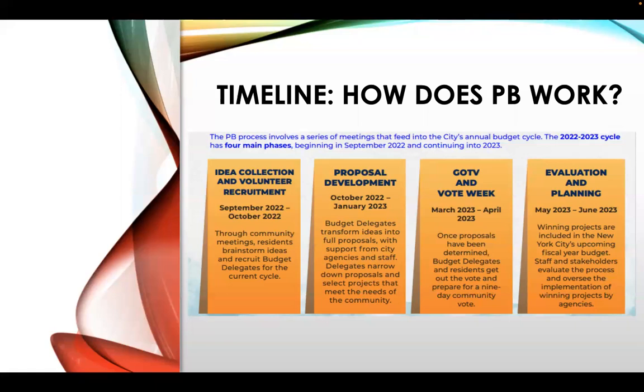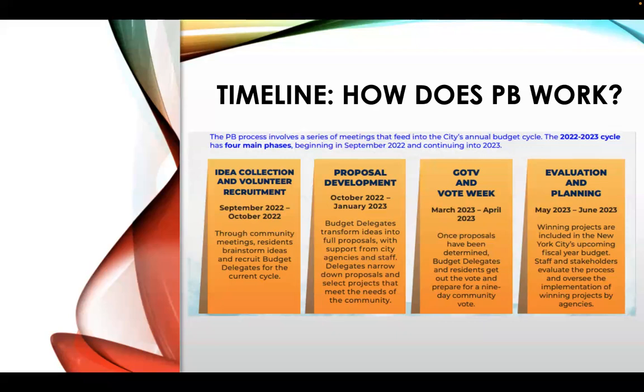The same goes for who can vote in this process. Anyone who's 11 years or older with a connection to the district, regardless of your immigration status, can vote. You don't need an ID to vote. That's why I encourage you to tell your neighbors about it, and have them come vote on the proposal you worked on for the past few months.